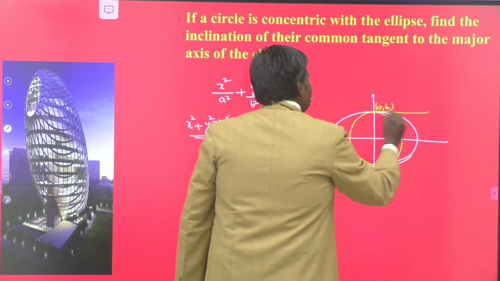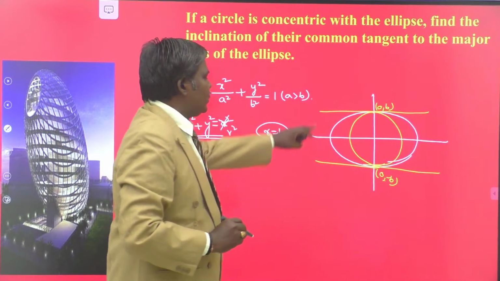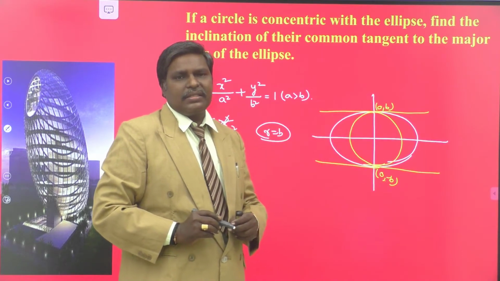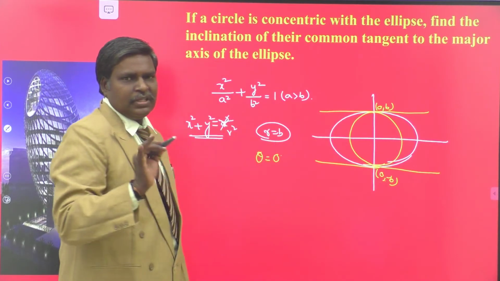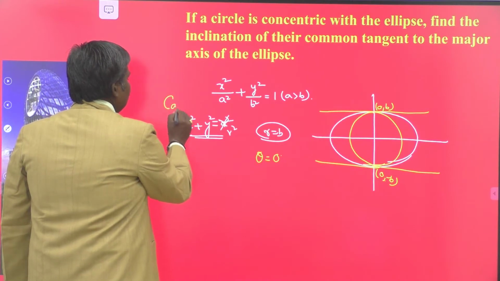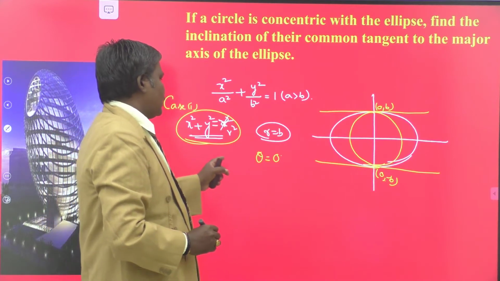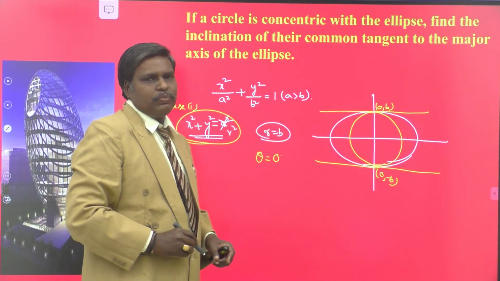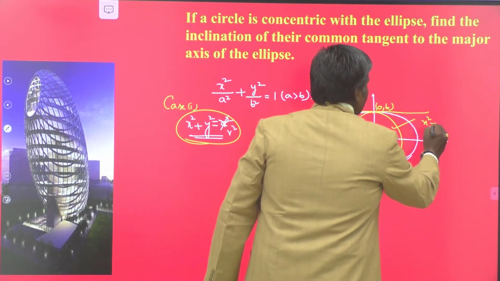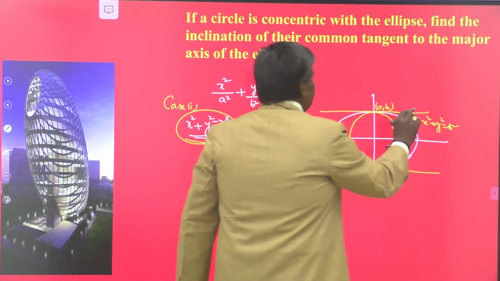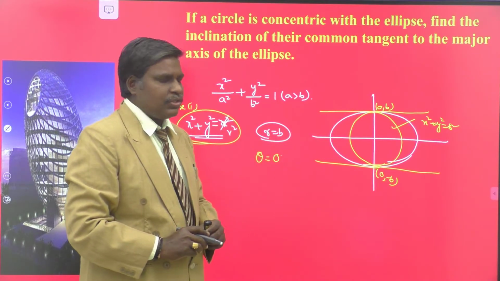At that time, this is common tangent. This is the another common tangent. So, these two tangents are parallel to what? x-axis. That means the inclination theta is equals to 0. That is the first case. So what is our case 1, my dears? Case 1, you consider a circle x square plus y square equal to r square, that is r is equals to b. That is for r is equals to b, we get the circle x square plus y square is equals to b square. At that time, the inclination of common tangent to both curves is 0, theta equal to 0.